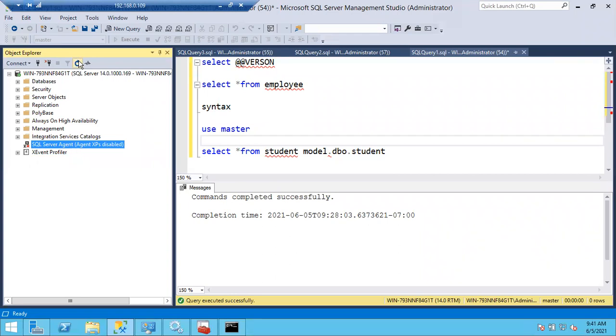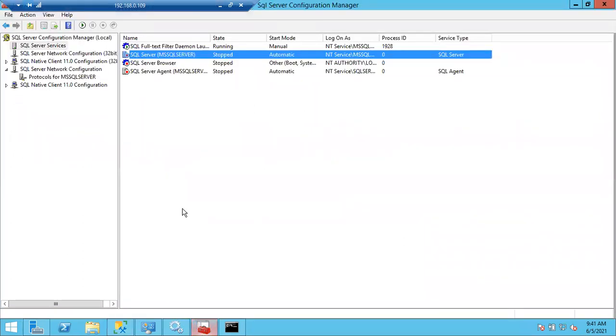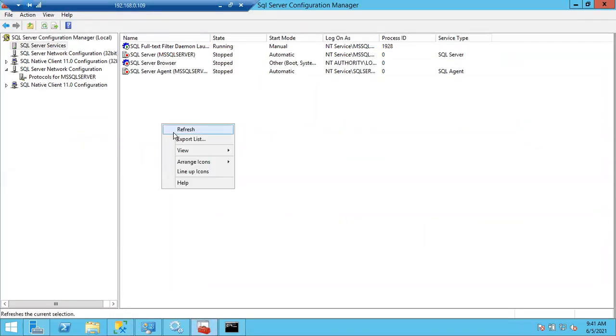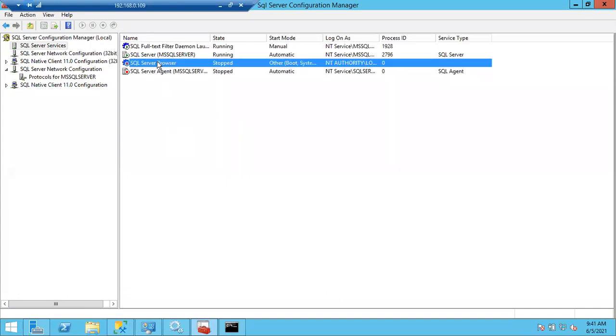Clear? Any doubts? And one more thing, Shanmugh. In SQL Server Configuration Manager, why is the SQL Server Browser showing the stopped state? Yes, very good. Usually we won't use this browser service in the organization. The browser service helps you to enable the server in the network. For security reasons, the browser service will be down for most of the instances. So don't worry, good question.